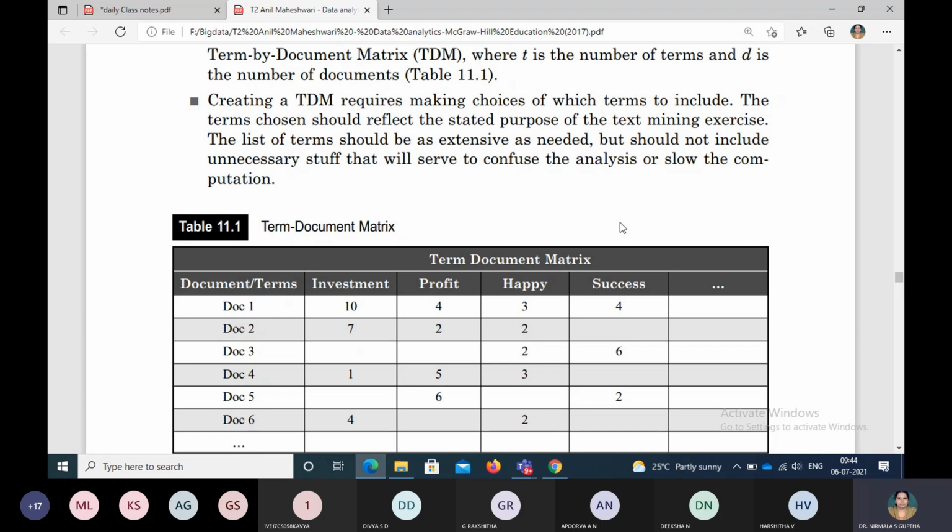And the last consideration is the measure: each cell of the matrix could be one of several possibilities. It could be a very simple count of the number of occurrences of each term or each word in the document. It could also be the log of that particular number, or it could be a fraction computed by dividing the frequency count by the total number of words available in the whole document, something like that.